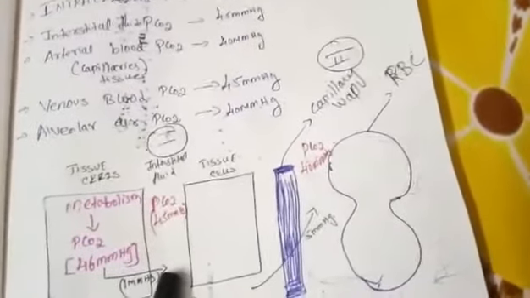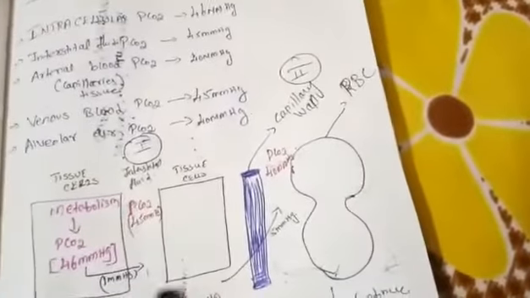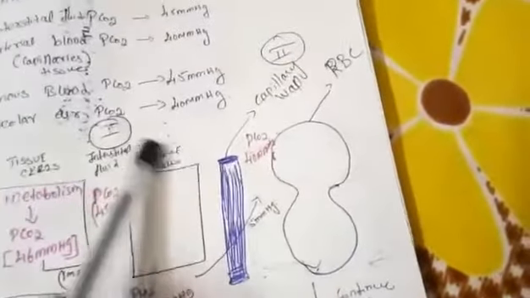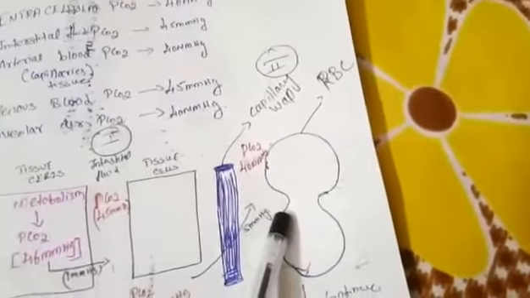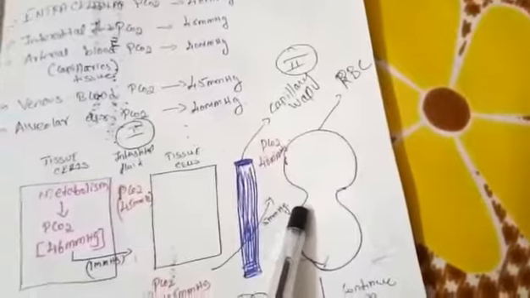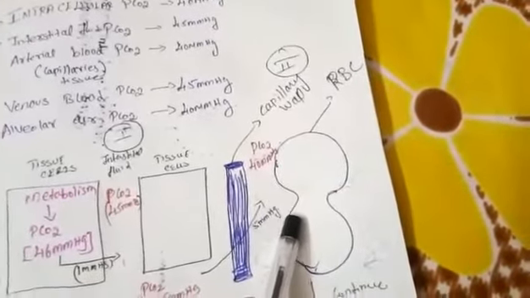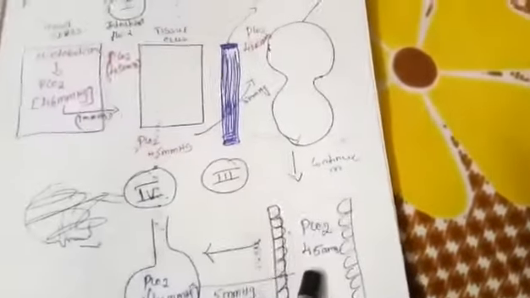Based on this 1 mmHg, the rapid transport of carbon dioxide takes place from the tissue to the interstitial space or interstitial fluid. Now we already know that the interstitial fluid PCO2 is 45 mmHg and this is the tissue capillary. Here in the tissue capillary it is 40 mmHg. See the concentration gradient here, the difference is 5 mmHg. Based on this 5 mmHg, the carbon dioxide from the interstitial fluid is rapidly transported into the blood capillaries or tissue capillary. Once it reaches the tissue capillary, it reaches the venous blood. Not pulmonary vein, sorry, it is venous blood.